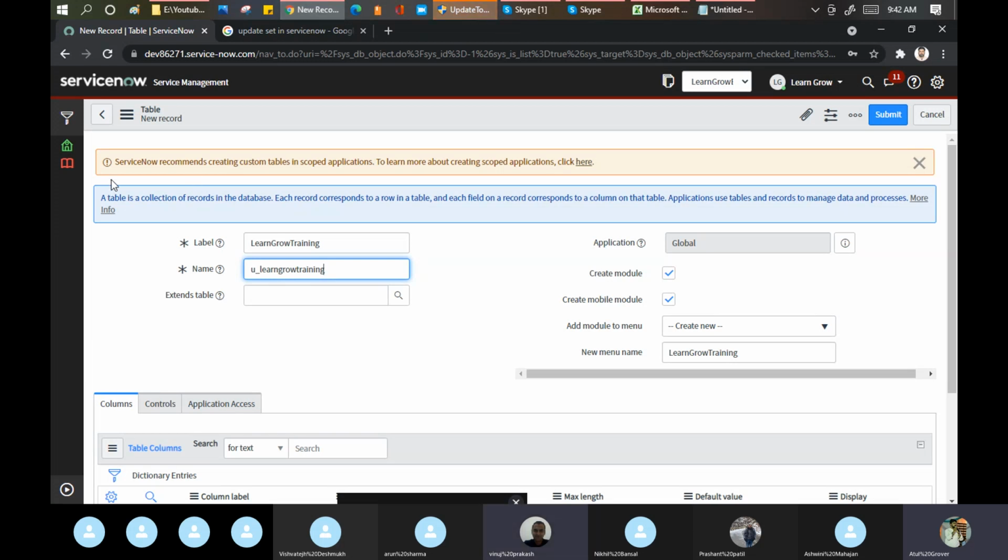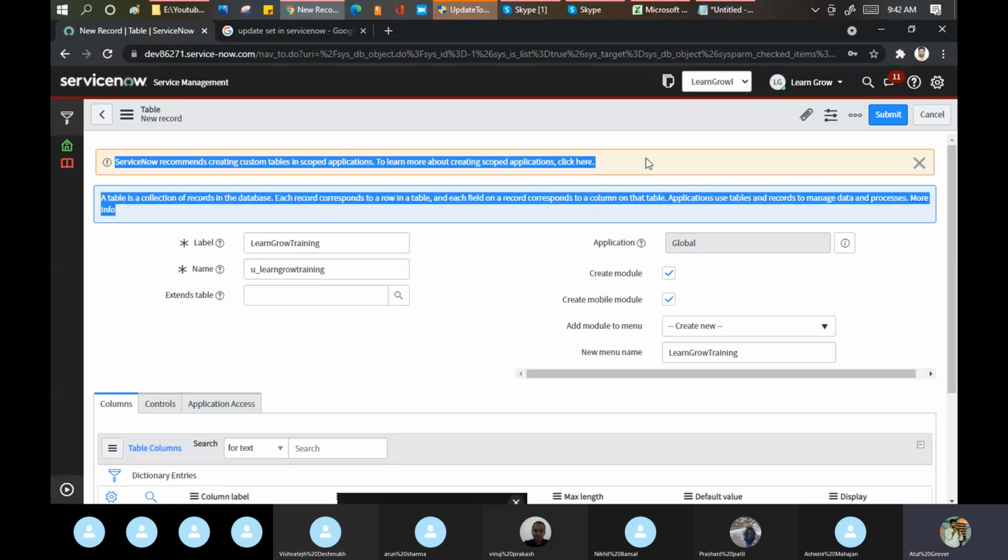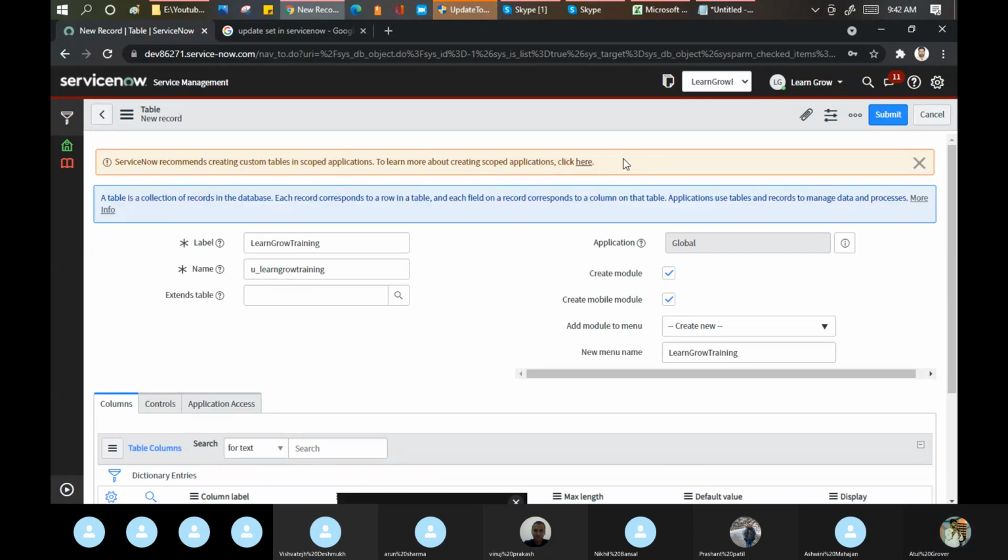Have you read this line on the top? The brown line. Yes, scoped application. This basically means if you want to create any application which will be utilized by a specific group only or by a specific team only, not by all, then you go for the scoped application.